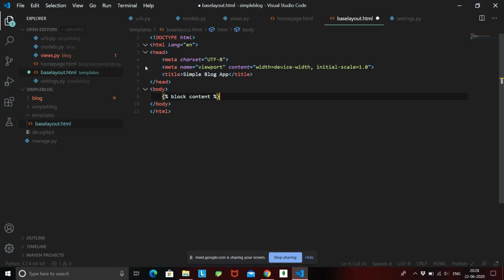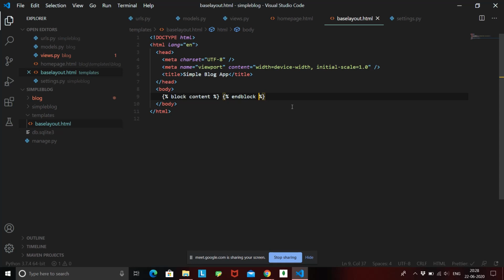Okay, and also we need to end this block. So this is the syntax of creating a placeholder for all your content in all the templates. We created a block that is named content, and all the content inside all your templates will be placed over here.